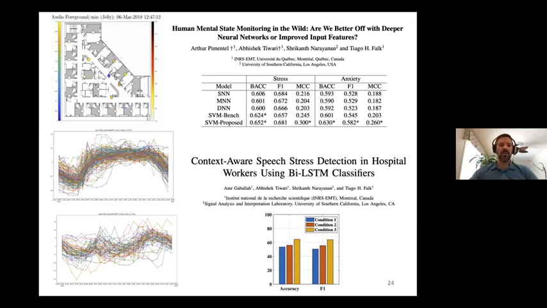What we wanted to show here was that when you talk about affective computing in the wild, you really can't do that anymore. You need to bring in context, you need to bring in additional information. And what we show is that once you do that, you don't really need very deep networks. You can just rely on conventional classifiers and you can achieve much better performance than just throwing that information into a very deep neural network. So this was a shallow, a medium depth, and a very deep neural network, for example, and we show that the performance was significantly better by bringing in context than just throwing it into a neural network and letting it find everything for you.